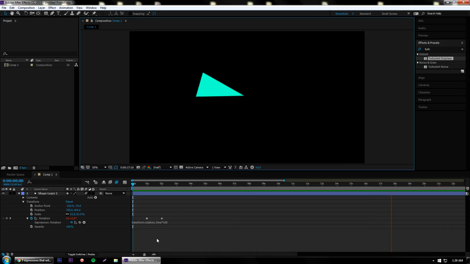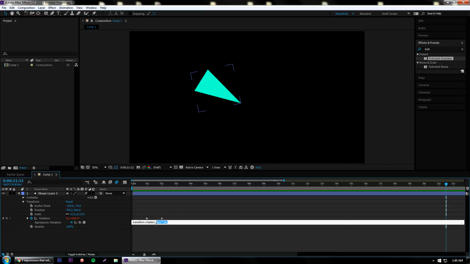And same for changing the scale and things like that. So along with time, there are lots of things you can do to mimic this repetition. There's something called loopOut, which is really, really interesting. So here on the rotation, if I add a loopOut, we're using camel case, so it's loop and then capital O-U-T. In my brackets, I would put cycle in quotation marks, and then